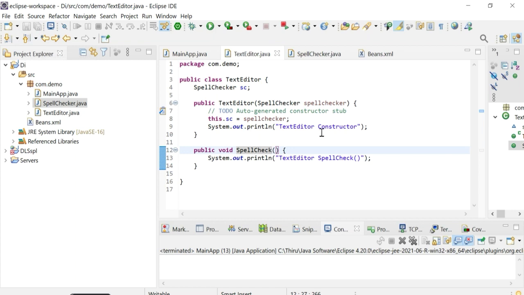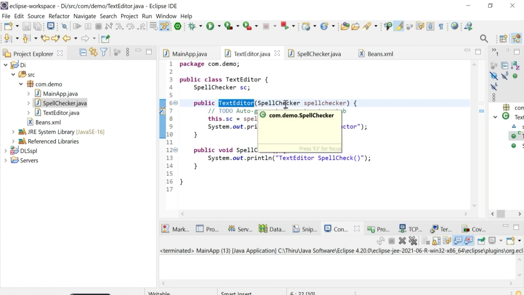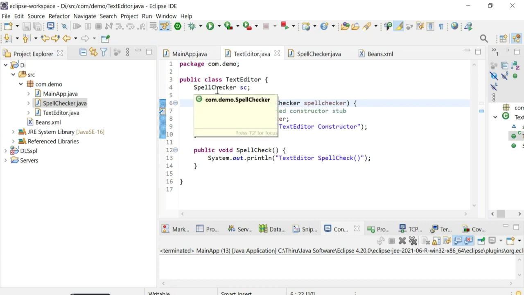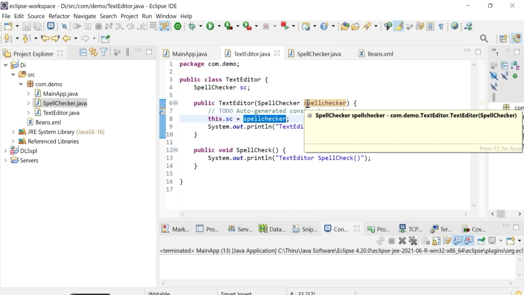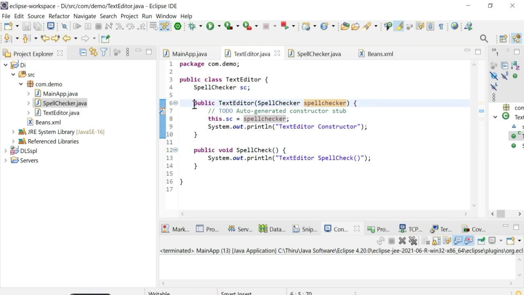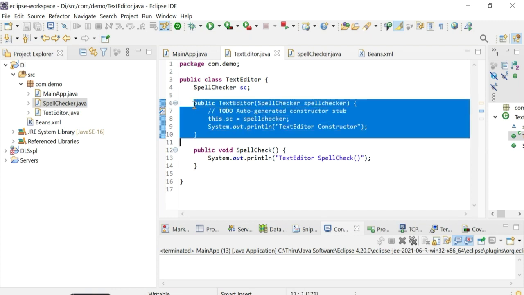That's it. So in this text editor constructor, we initialize the dependent class spell checker object through the constructor. That's the reason we call that, actually, this is where the dependency injection happens.